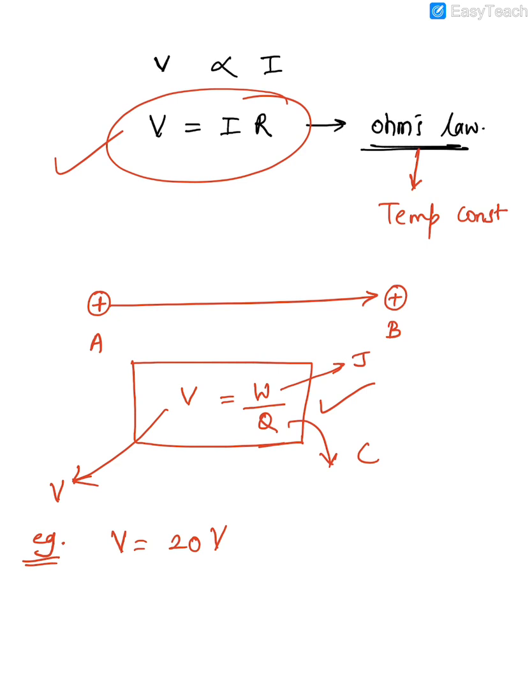There are a few smart kids who cancel V and V and then say, hey, I proved 1 is equal to 20. Remember, this is all rubbish. You can't do that, because both the V's mean different things. One is a potential difference, a physical quantity, and one is a unit. And if you are getting confused, the best thing is to write V is equal to 20 volt in full, so you don't get confused.